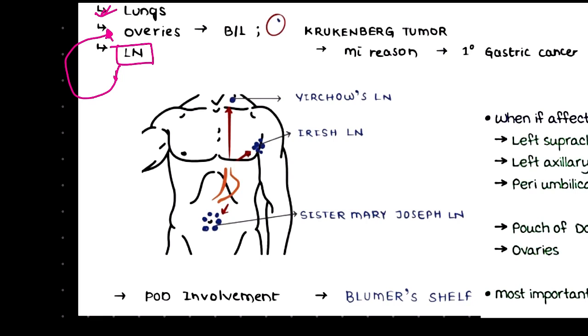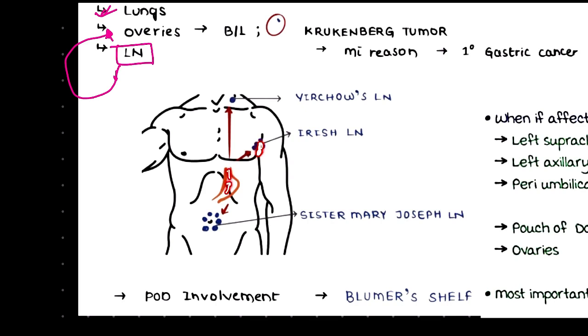Okay, we are talking about Virchow's lymph node. Why did this Virchow's lymph node happen? It happened because of spread of tumor into the lymph node. Which lymph node? Our left sided supraclavicular lymph node. Okay, now moving a little down, we have the left sided axillary lymph node.